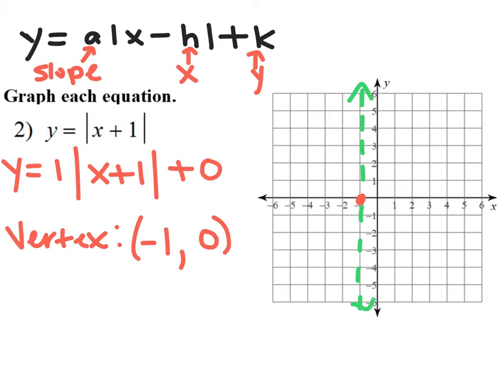Next, I'm going to use the slope to graph the absolute value equation. So my slope of the right side, in this case, is going to equal 1, which is really 1 over 1. So I'm going to go up 1 and over 1, and then I can draw in